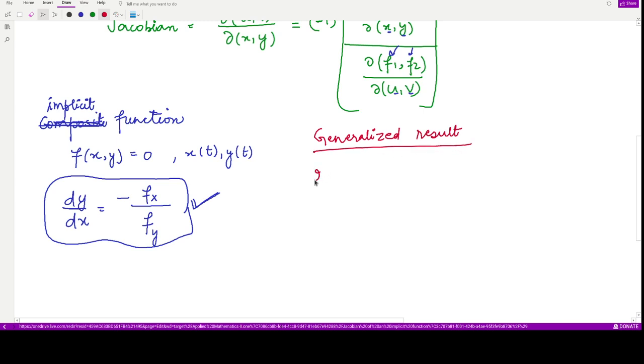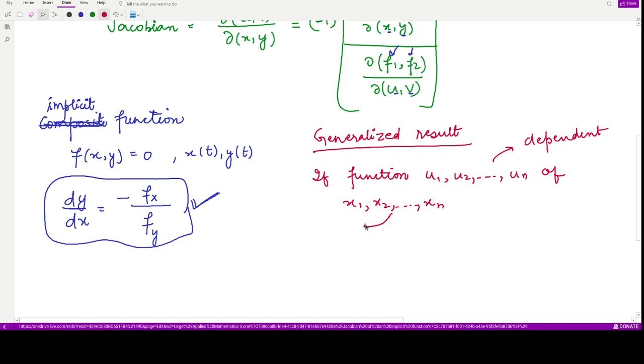If the functions u1, u2 up to un of the variables x1, x2 up to xn, so that means these are all dependent variables and these are independent variables, are connected by implicit relations